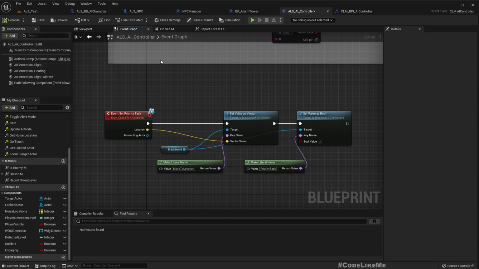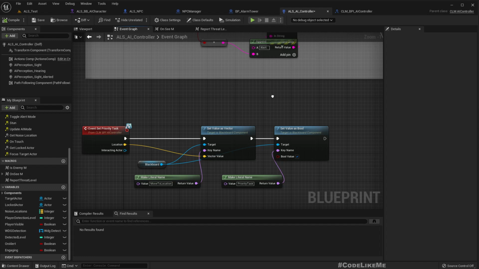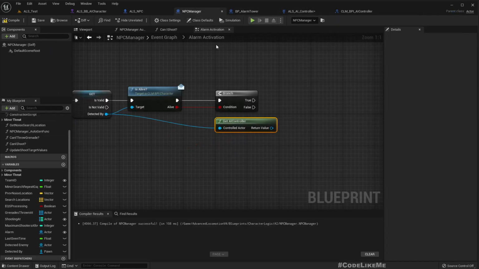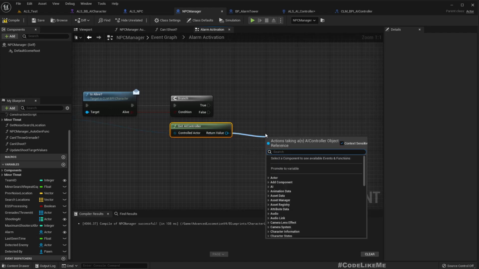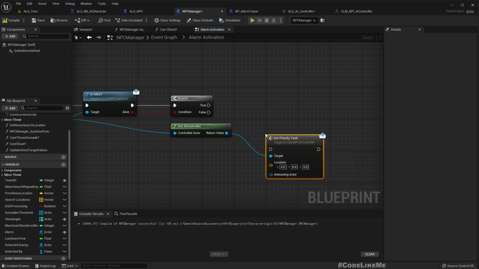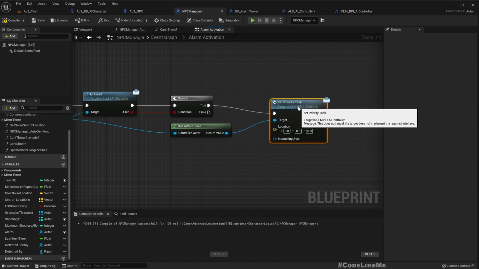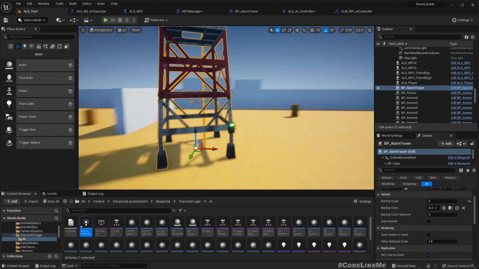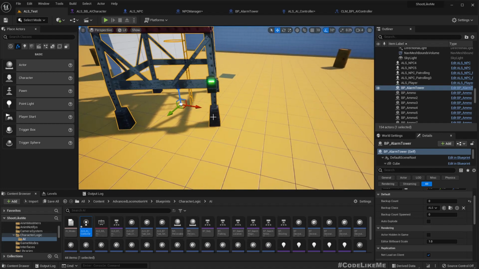Alright. Now if things are working as expected, the character will be moved to the alarm and will just stay there because I'm not clearing out any of these behavior keys. So yeah, from the NPC manager, get AI controller, perform priority task, set priority task. Okay, so the location should be the alarm location. So precisely the enemy should move to this location, but wait,